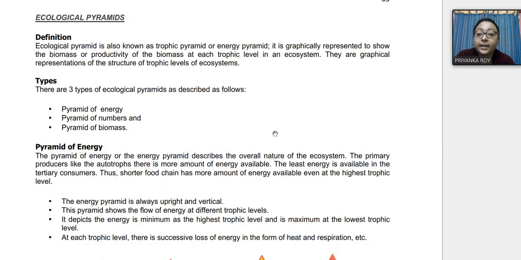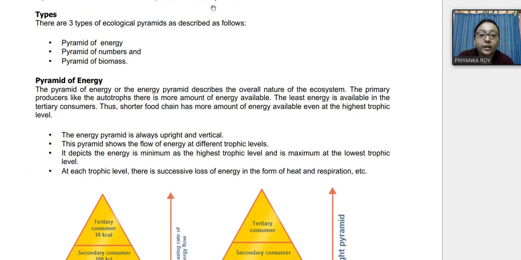So the next thing is the ecological pyramids. So an ecological pyramid is nothing but a pyramid which is shown to represent the different trophic levels in an ecosystem. Trophic levels means the producers, the consumers, the primary, the secondary consumers and all that. These are called each trophic levels, and these can be represented by pyramids. So the first and foremost thing, there are three types of ecological pyramids: pyramid of energy, pyramid of numbers, pyramid